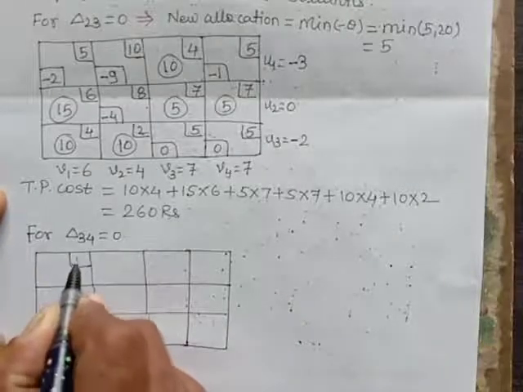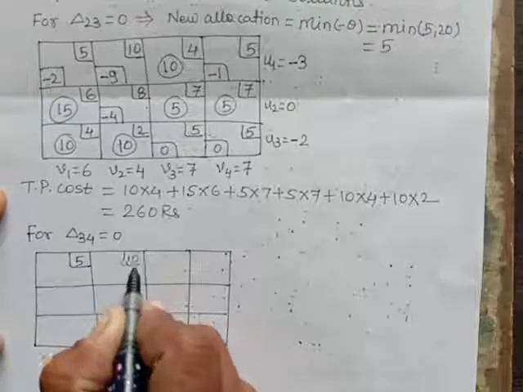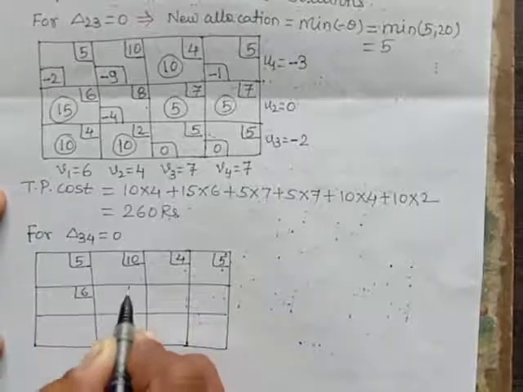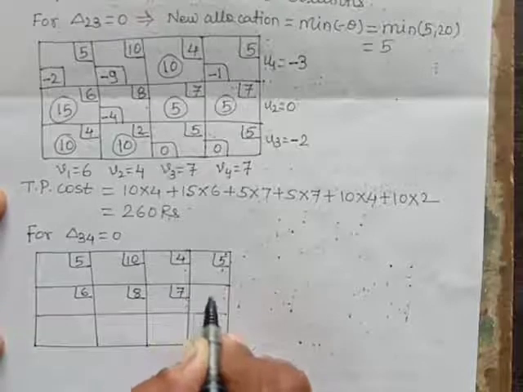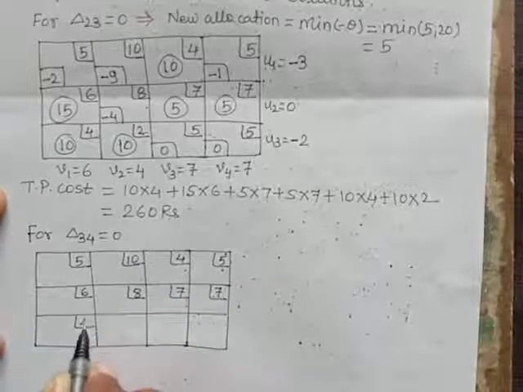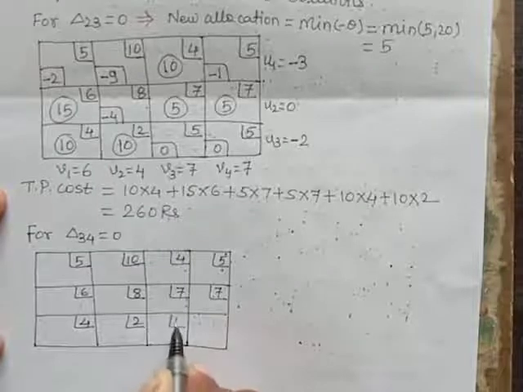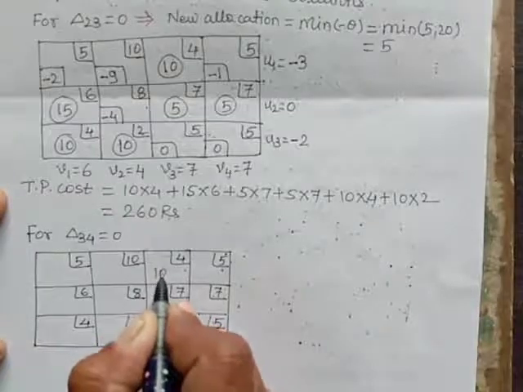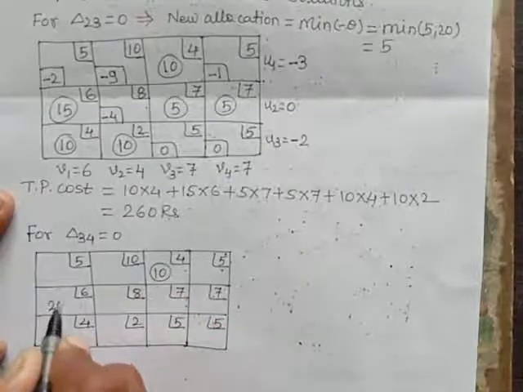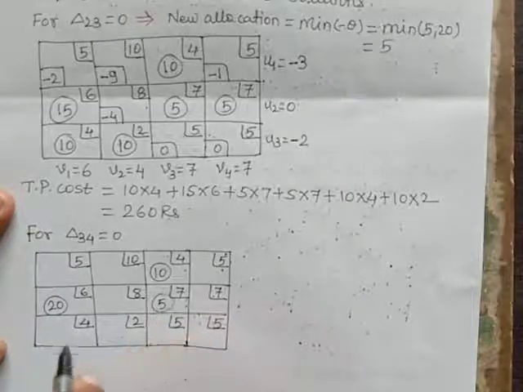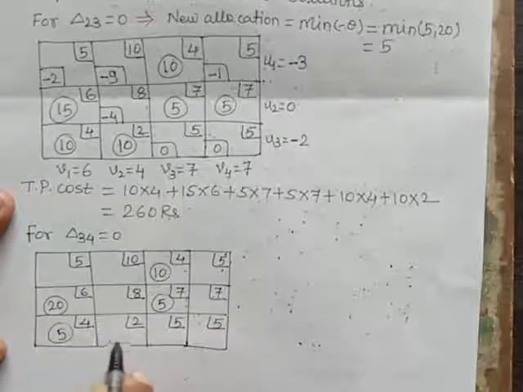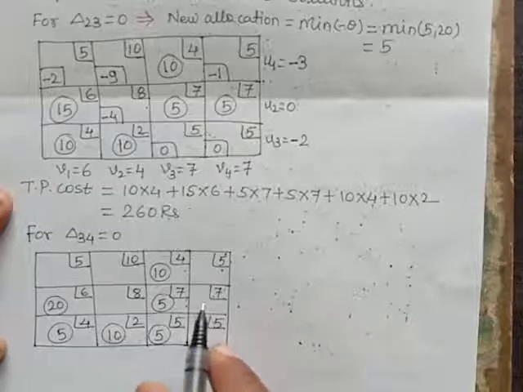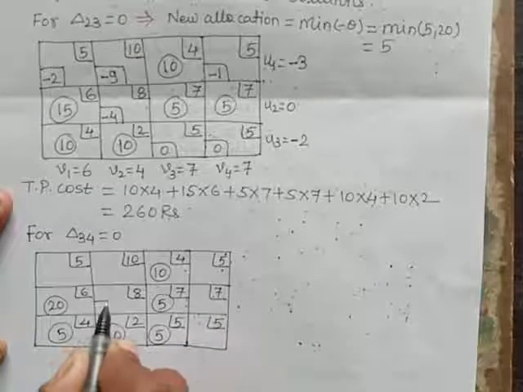So here 5, 10, 4, 5, 6, 8, 7, 7, 4, 2, 5, 5, and the allocations are here 10, here 20, here 5, 5, 10, 5, okay, and the delta ij's, here it is,